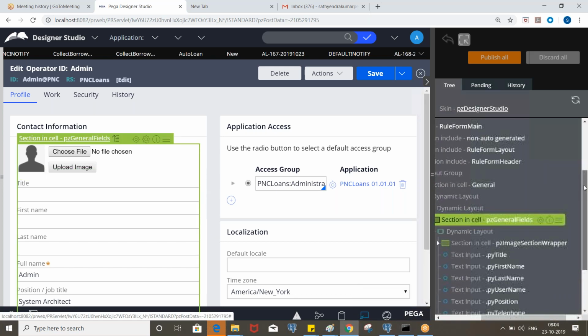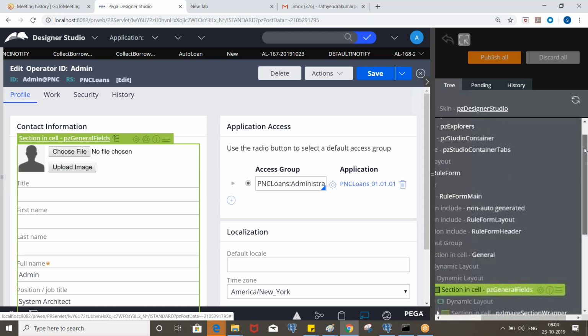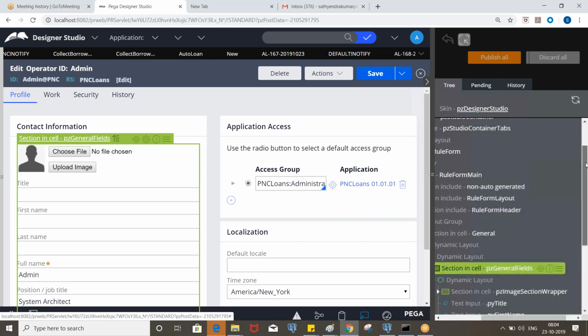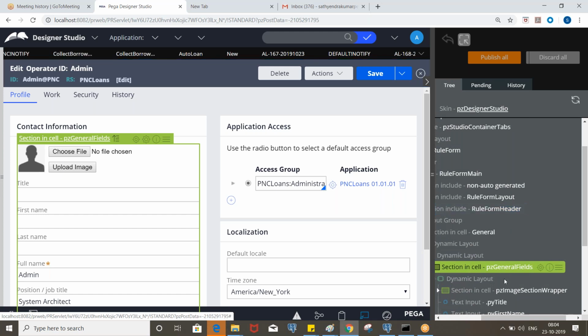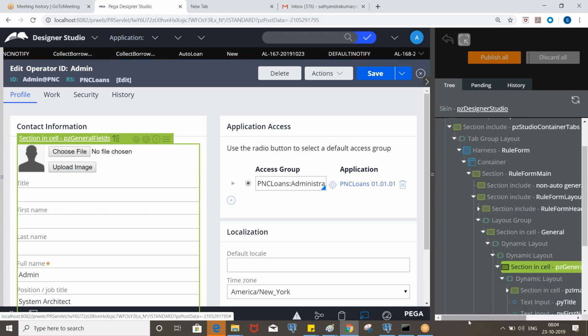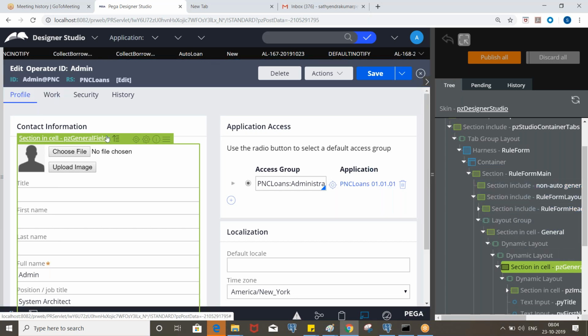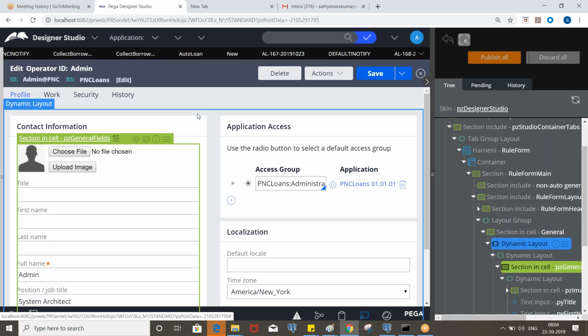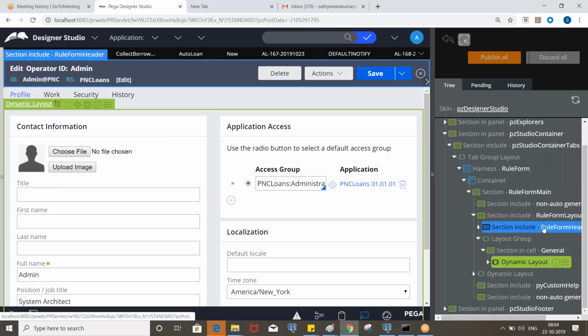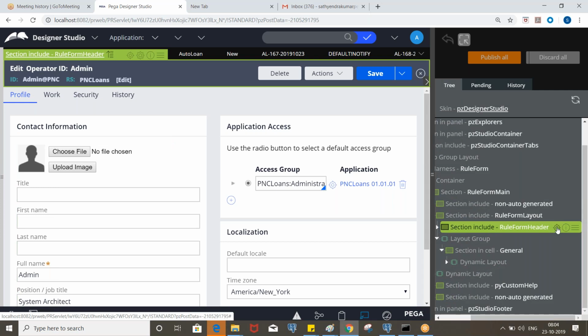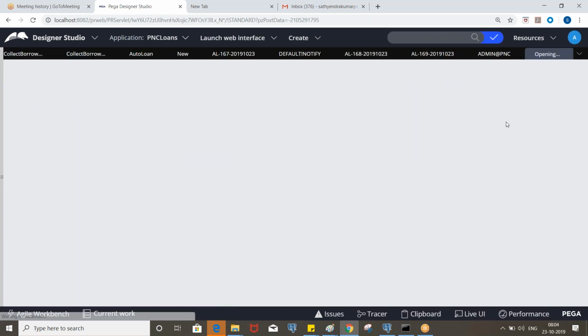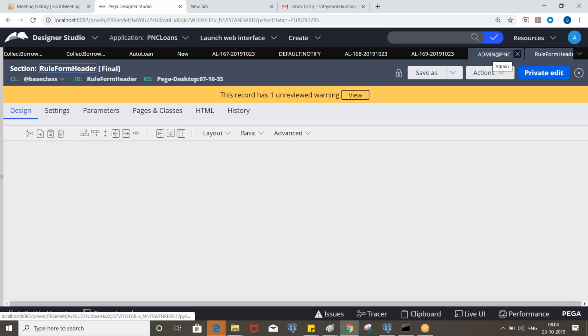So here we have some section called... not only this, a lot of rules you see with final.